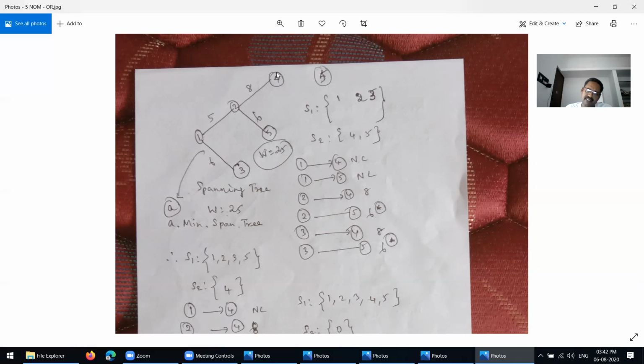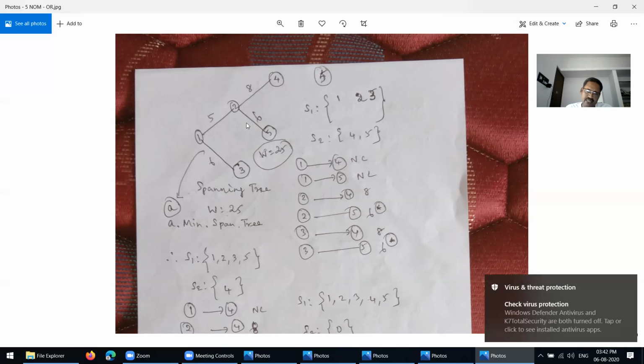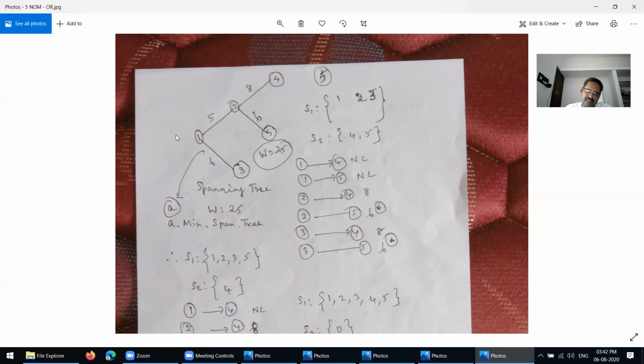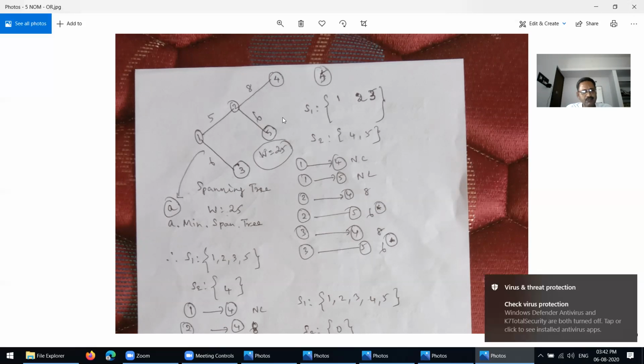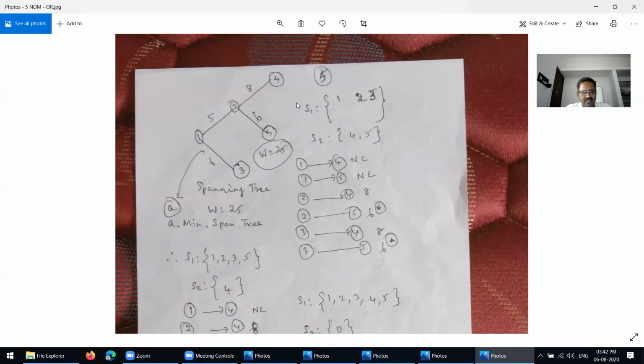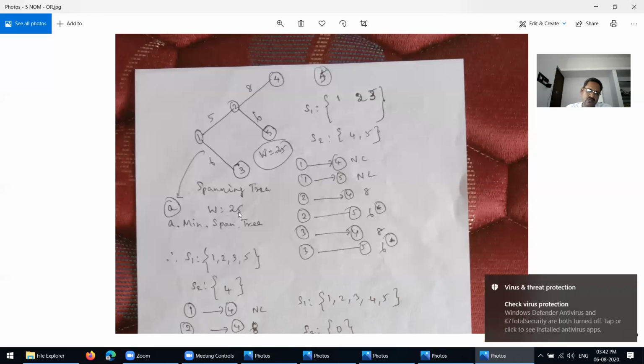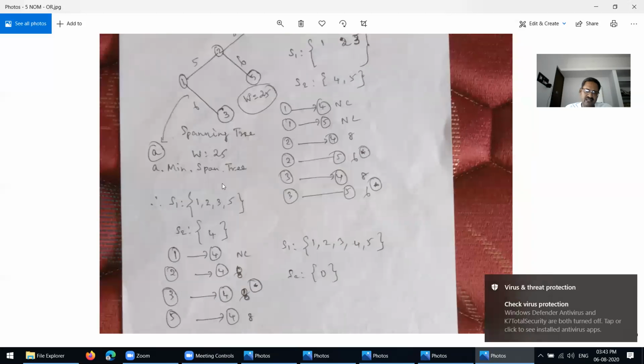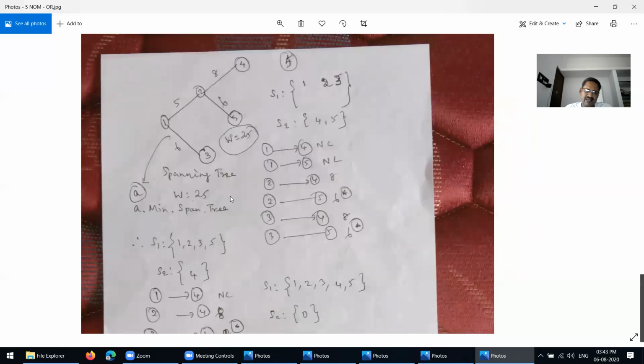So it means that it's a tree and also satisfies the spanning tree conditions. So therefore, this is nothing but a spanning tree. What is the weight of the spanning tree? Here this one 6, this also 6, this also 6, this also 6. Adding all this, we are getting W equal to 25. So the spanning tree contains the weight 25. Is it understood or not? Okay, it's clear now.